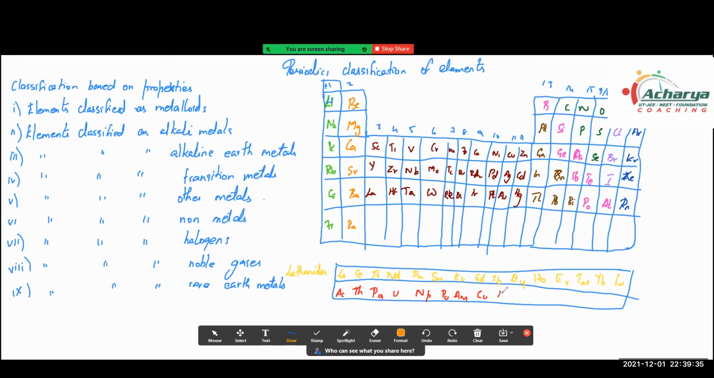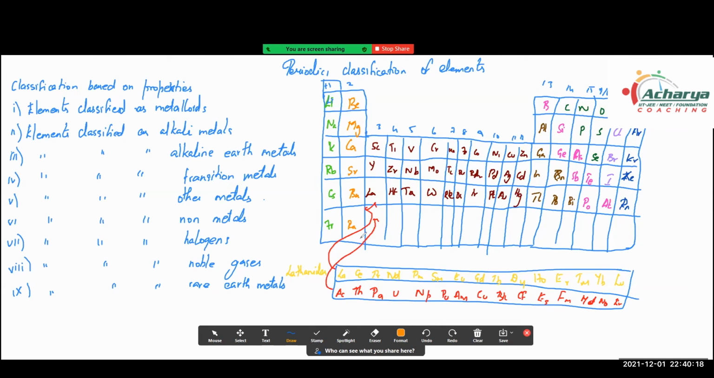berkelium, Bk, and then it is going to be californium, Cf, and then einsteinium, Es, and then we have fermium, Fm, and we have mendelevium, we have Md, and then we have nobelium, No, and then we have lawrencium, Lr. So there are 14 elements in each group, and these